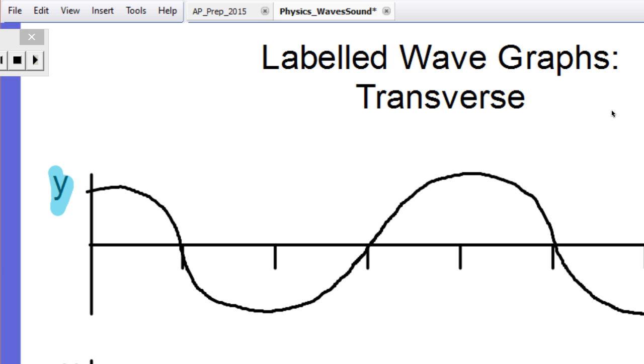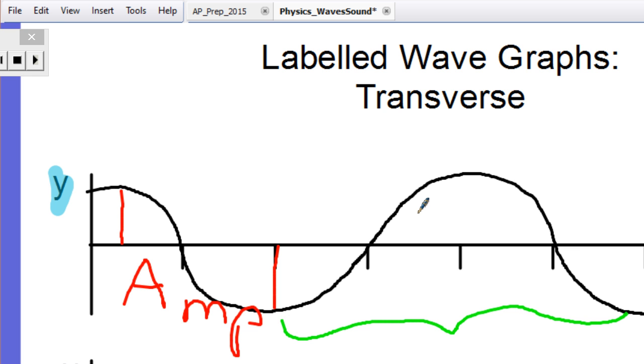All right, so knowing that, this and this right here, these are both the amplitude. Now, come on, select color. Here we go. This distance from here to there, or from the top to the top, this would be